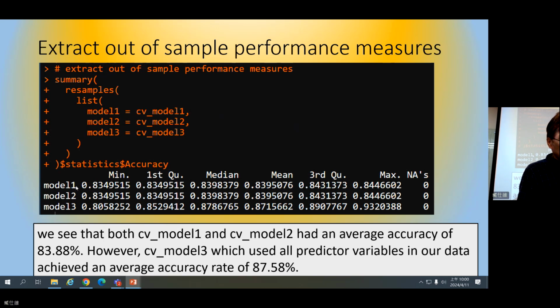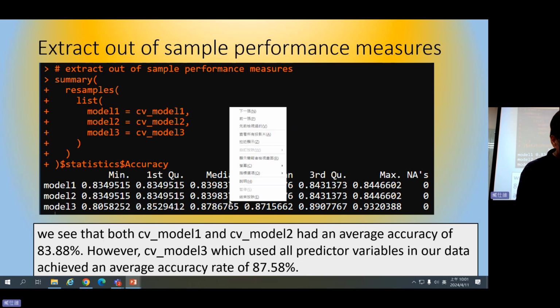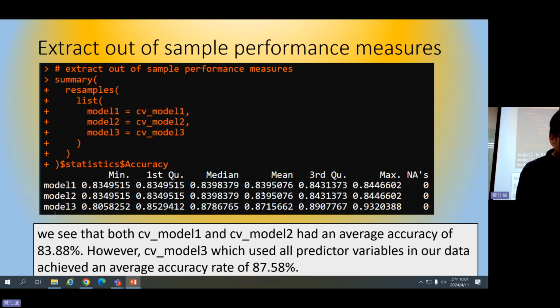You can see here both CV model 1 and CV model 2 had an average accuracy of 83.95%.